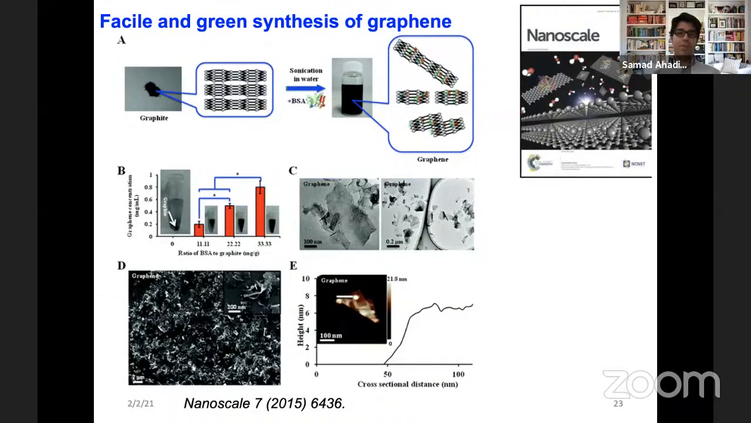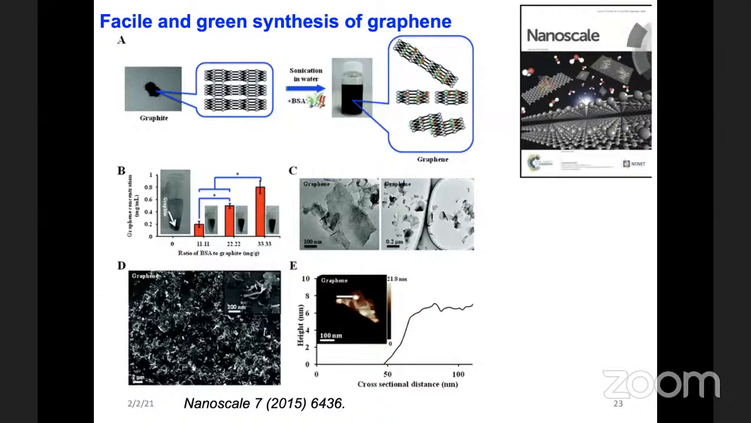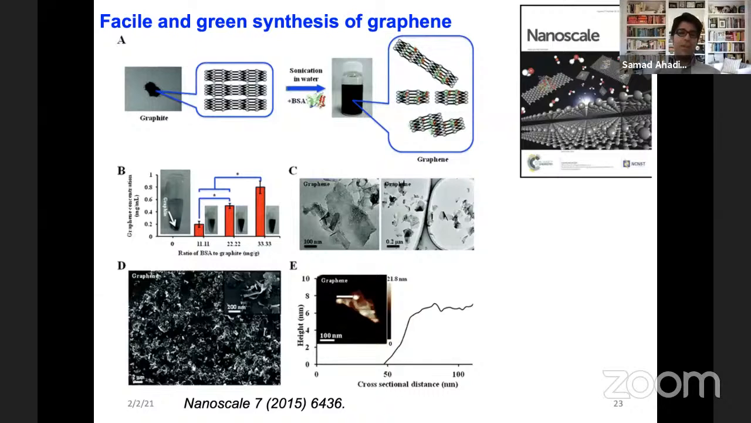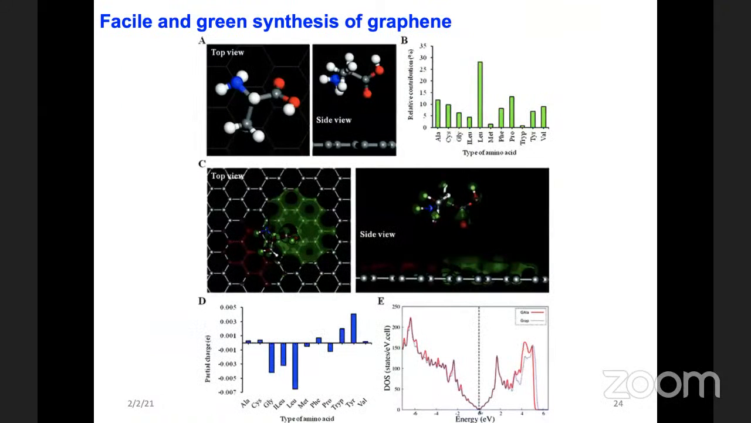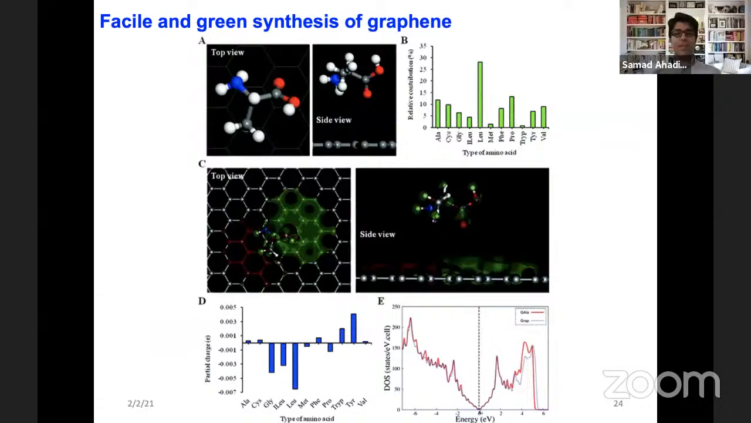And we compare the presence of the high quality graphene using different techniques like TEM, SEM, and AFM pictures. And also we did the density functional theory calculation, and we checked the interaction between the different amino acids in the protein as they are interacting with the graphene sheets, and we noticed there is no covalent bond between these two, and this is good because it doesn't affect the electrical conductivity of the